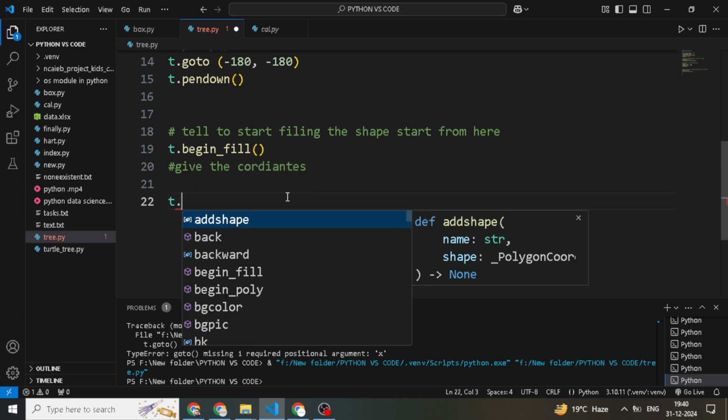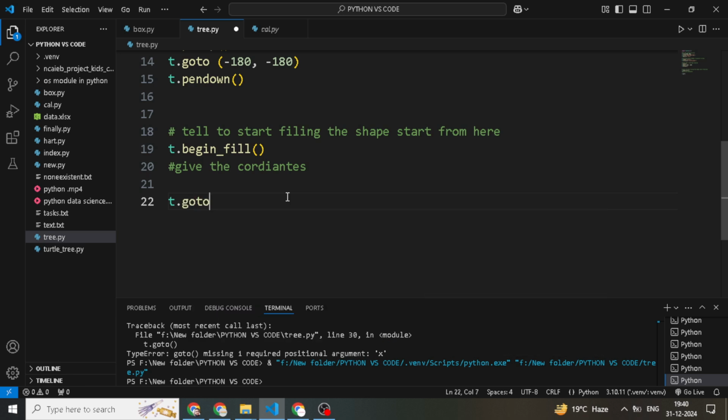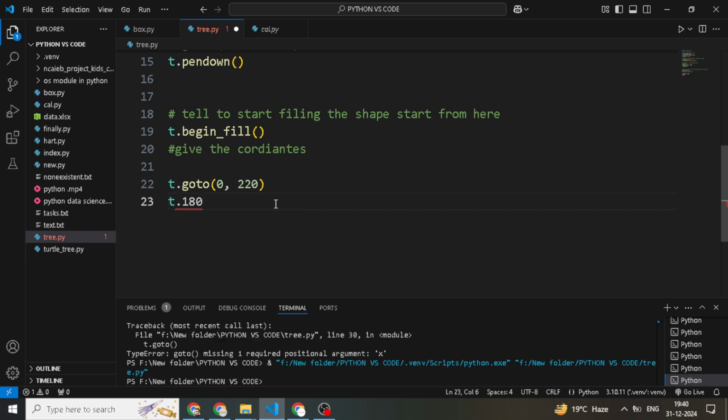T dot goto. We use goto to give the coordinates. So goto 0, -220. This is the x-axis and this is the y-axis, keep that in mind. Then t dot goto -180, the simple copy paste and use.